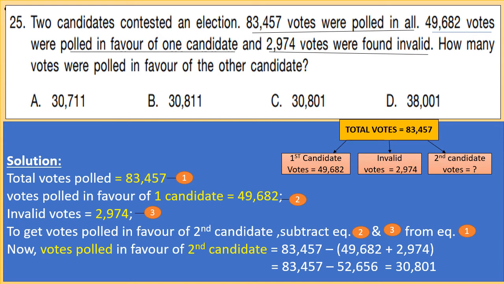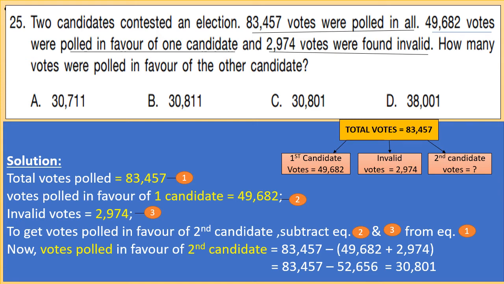83,457 votes were polled in all. 49,682 votes were polled in favor of one candidate and 2,974 votes were found invalid. How many votes were polled in favor of the other candidate? Now see the chart. Total votes are